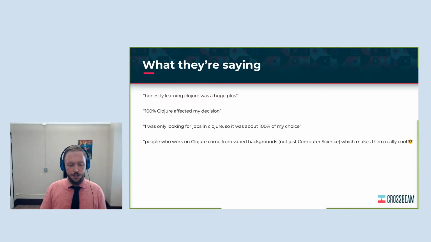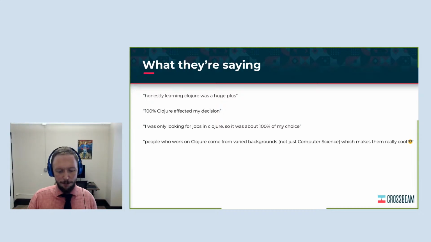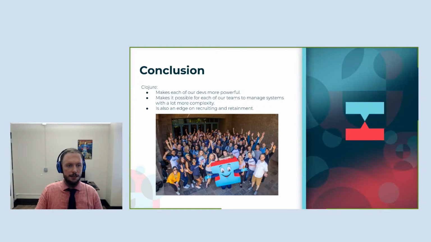We went to the last Clojure Conj 2019, and there Rich is with his entourage, and everybody's just talking about how great Clojure is. And of course, you could worry a little bit about groupthink, but I think it's a small enough tribe that we're not really in danger of losing our minds. And because the Clojure community is this diverse entity, it is a really positive thing to bring engineers into from outside the community. And again, in terms of hiring and running our team, it's just been a huge asset.